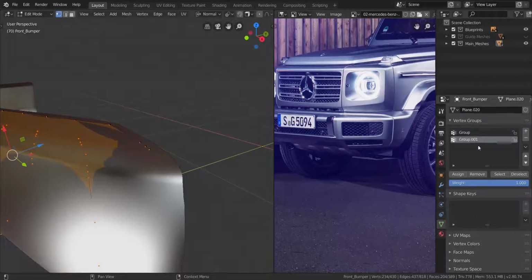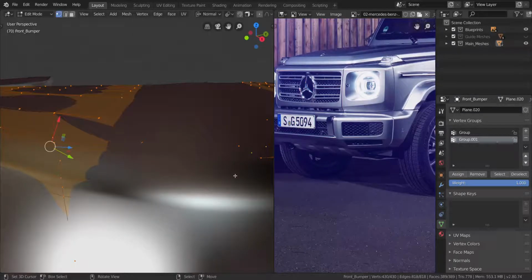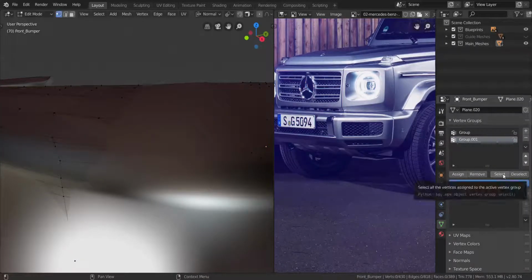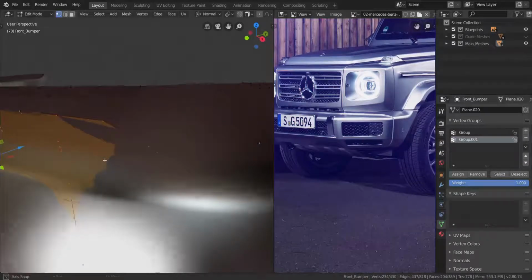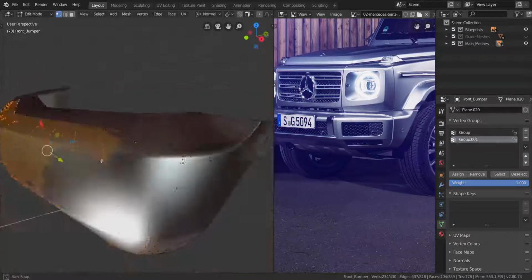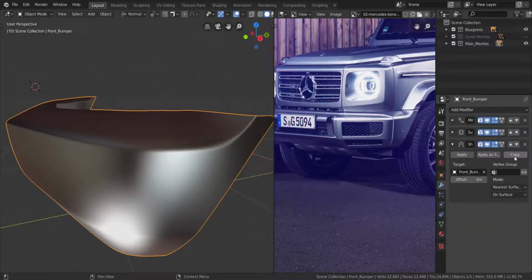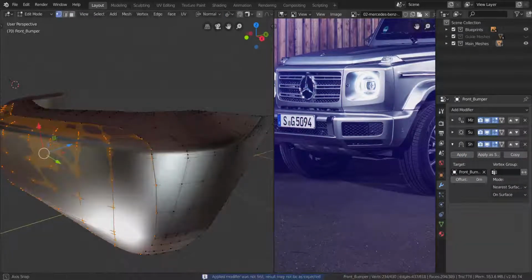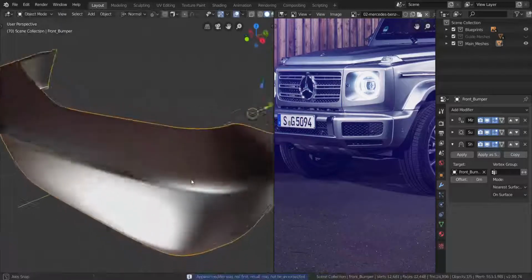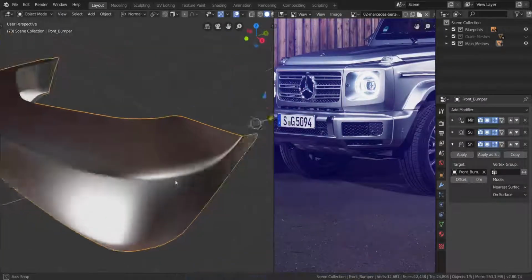So click to add a new group and click on assign, press Alt and H to bring everything else back, and let's see if it assigned it properly. So just click on select to select the whole thing, and it did. So with that shrink wrap enabled, first of all we're going to apply the shrink wrap. So click on copy and apply this one so that everything moves onto the surface very nicely like that. So with that done, we're now going to copy the shrink wrap